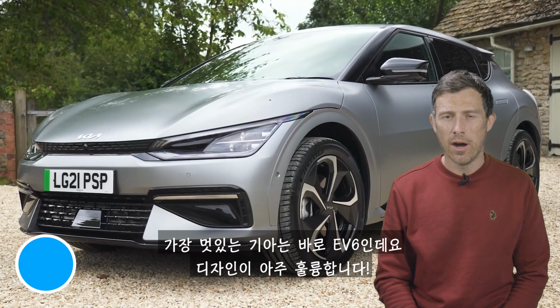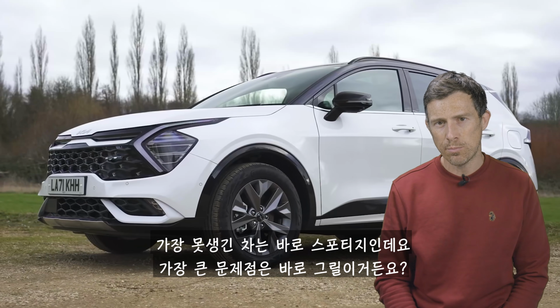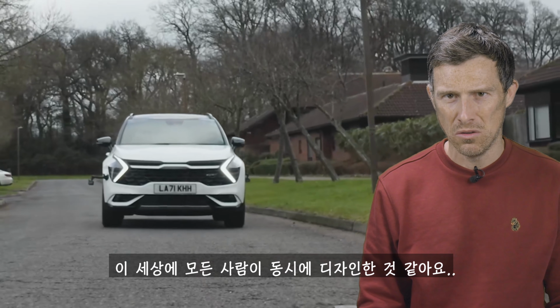The best looking Kia you can buy is the EV6, really cool piece of design. The worst looking car is the Sportage. The main issue is the grille, where it looks like everybody in the world has had to go at designing